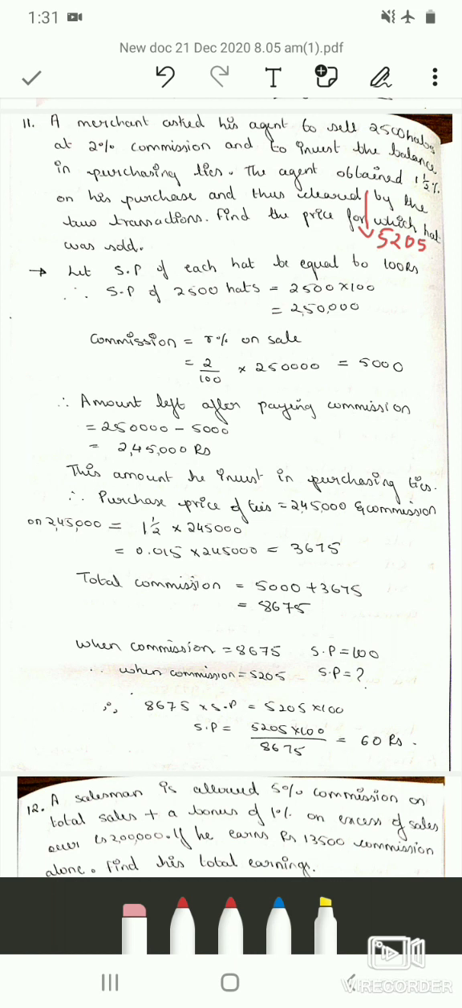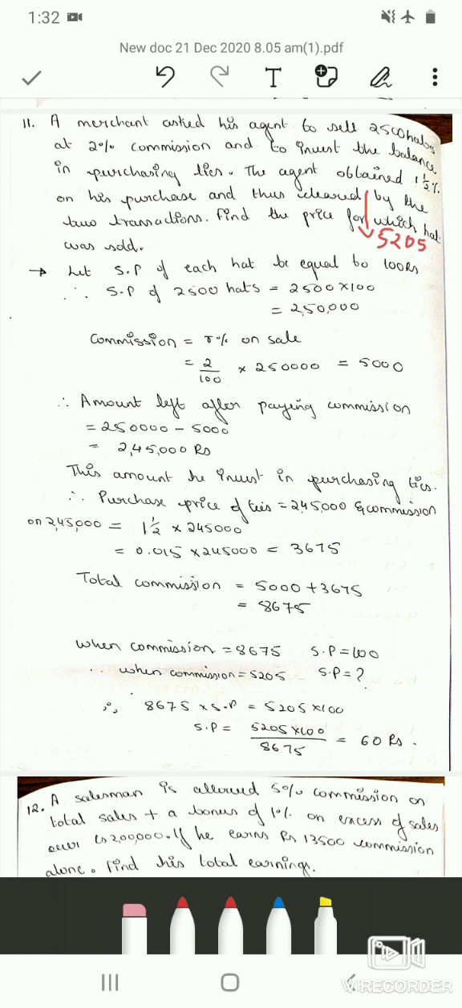So in the previous video we had started with the third unit, that is commission, brokerage and discount. We had solved a few problems, and in today's video we will see some more problems related to commission and brokerage. So the 11th problem is,